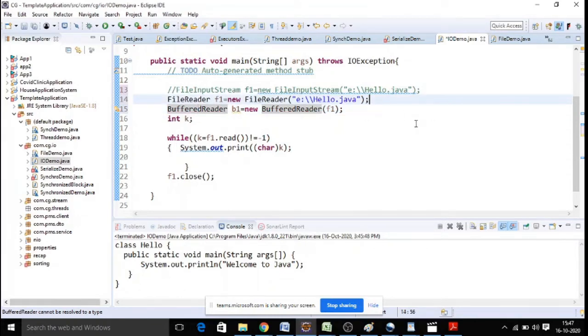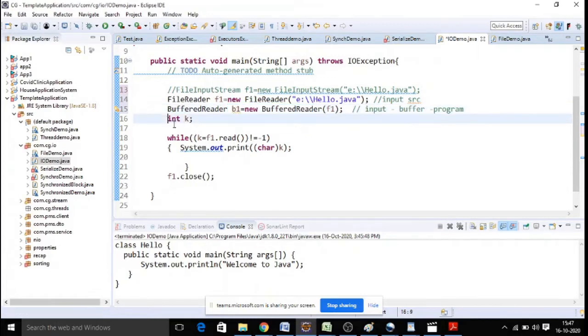This is an input stream. An input stream is one which is directly reading from the source. A filter stream means an intermediary stream. In between we will be using, I mean, input to your buffer and then buffer to your program. It's an intermediate filter stream. So the purpose of this BufferedReader is that it will increase the speed of your read operation.